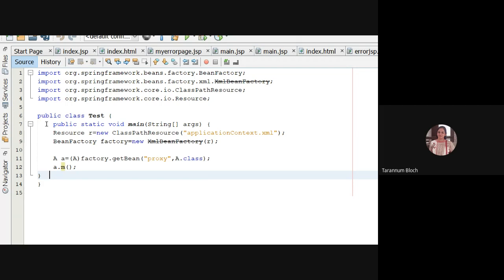Anyone having any idea? You see here, this is a.m. So it will call the method m from the aspect A. It says this is the actual business logic.